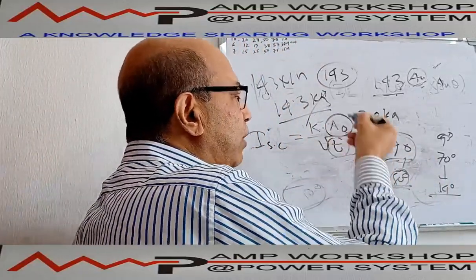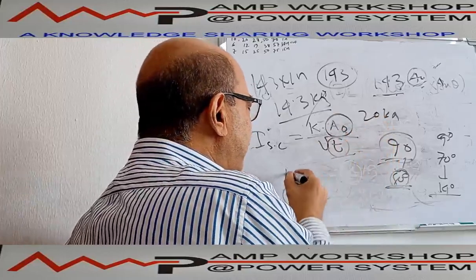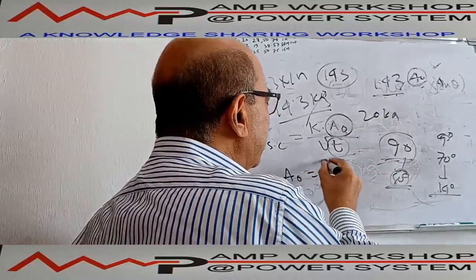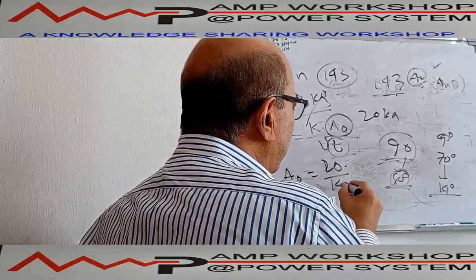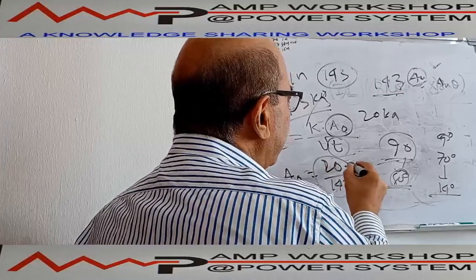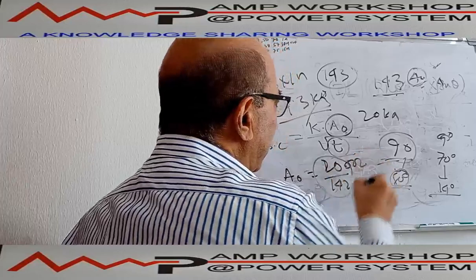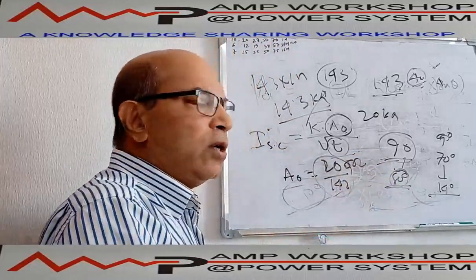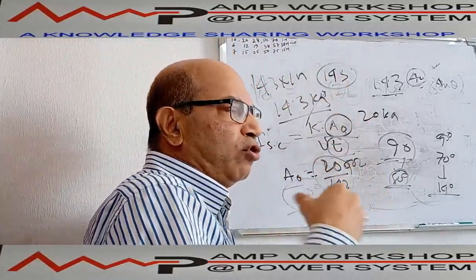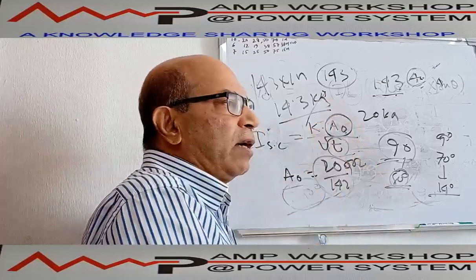Now again I have to calculate; I have to increase the voltage drop A0. Now new A0 will be how much? It is 20 kiloampere divided by 143. So from here we can calculate, 20 kiloampere means 20,000, we can calculate the new cross section area of the cable. So this way cross section area in every stage will be corrected till the short circuit current withstand capacity is